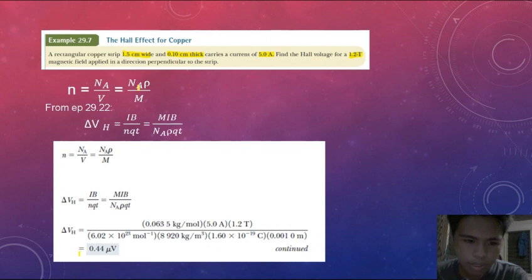And we'll have the final answer of 0.44 micro